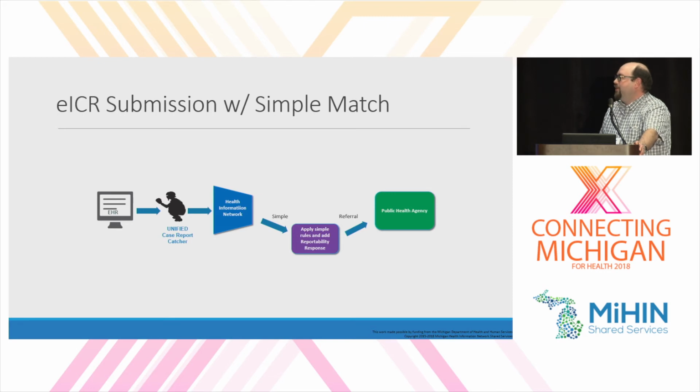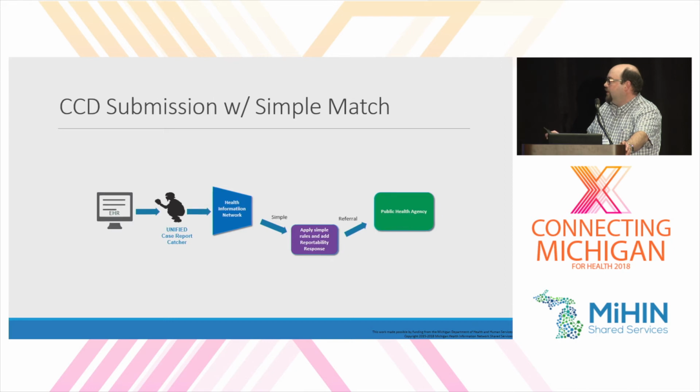So with a simple match, basically you start with your EHR, and I'm going to create an eICR because I think I found something that is reportable based on our trigger codes. It sends it off to this fellow here, who then puts it into MiHIN. They match it and say, yep, that is a condition that we want to send on, just based on the ICD-10 codes. They apply any of the rules that we have, send back to the folks to say, yep, we reported it to the state, and then report it off to the state.